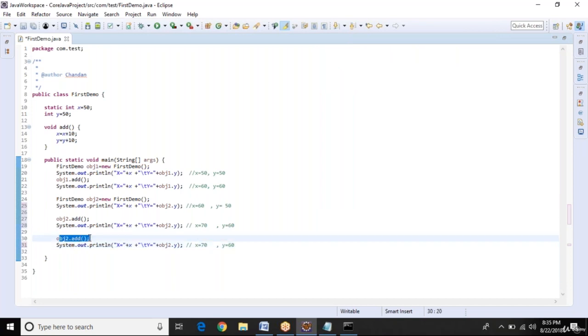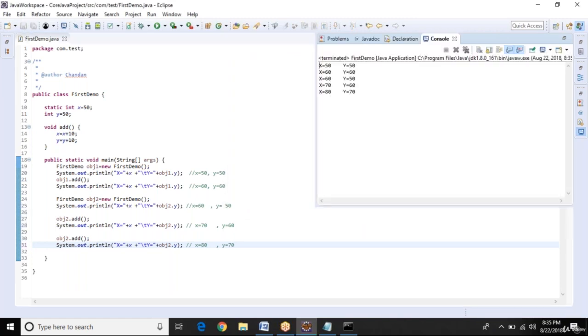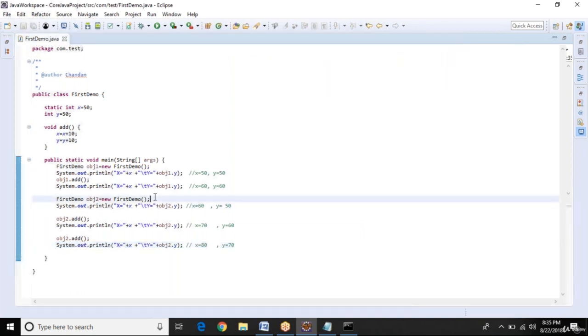Simply we will call the add method. Now it will increase the value of x to 80, and this will be 70, right? 80 and 70.